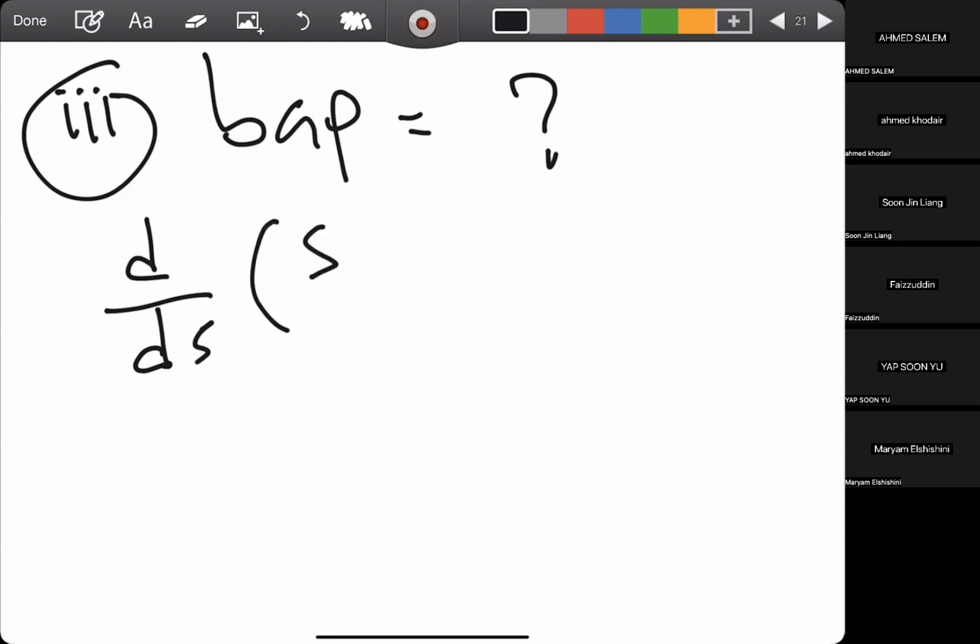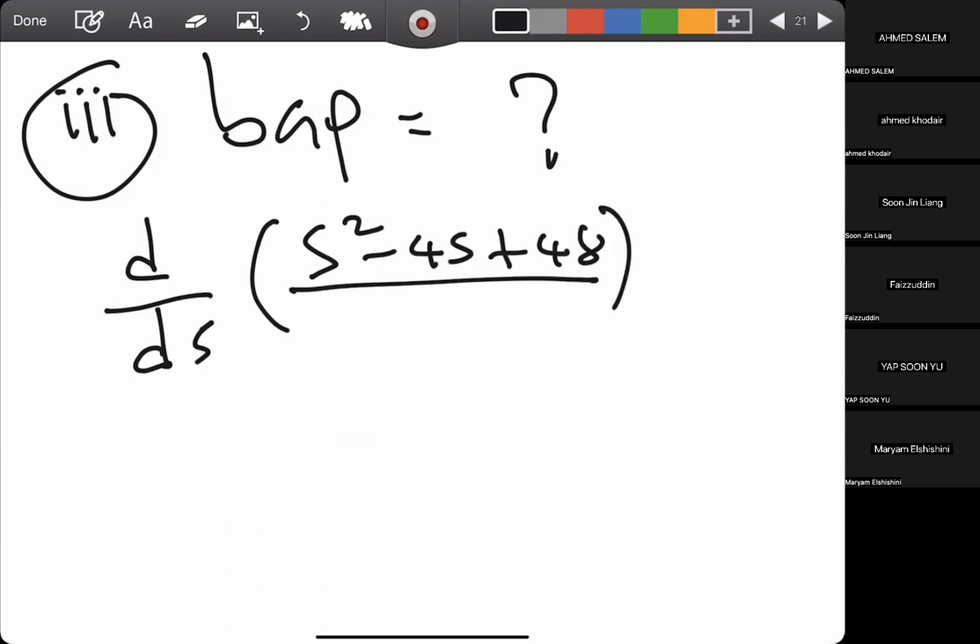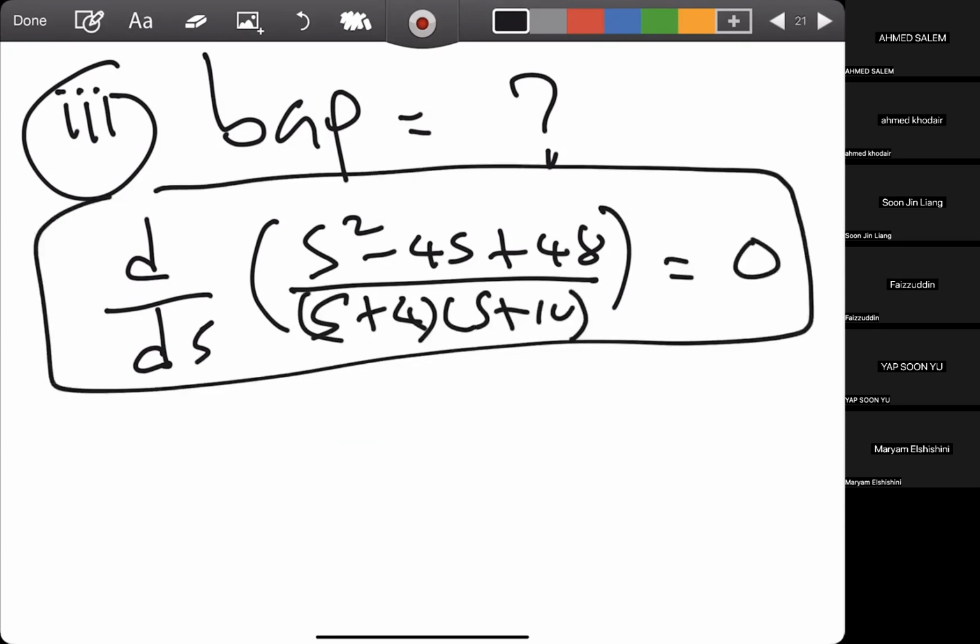This one, s squared minus 4s plus 8, over s plus 4, s plus 10, must equal to 0. So this is the formulation to get the breakaway point. Okay. So when you differentiate this one, you will get the